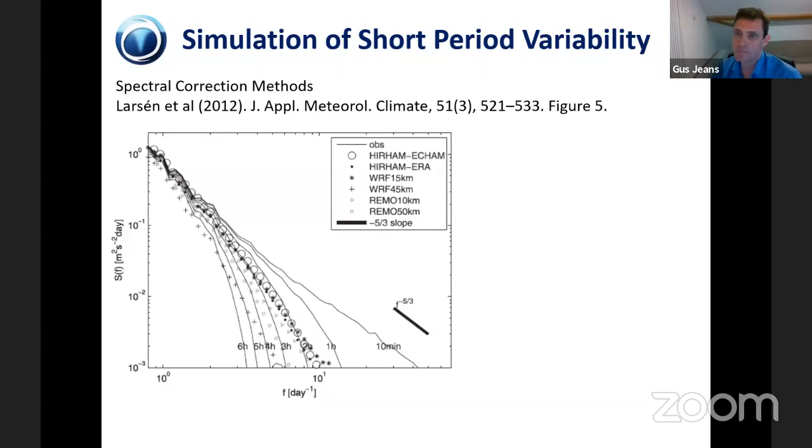This graph is from one fairly highly cited paper from 2012, which compares, it's similar to the plot I showed earlier, where the initial 10-minute data has this slope in the spectra. So this is the spectral energy density versus frequency. And then if you average the observations at 1 hour, 3 hour, 4 hours, you get this reduction in high